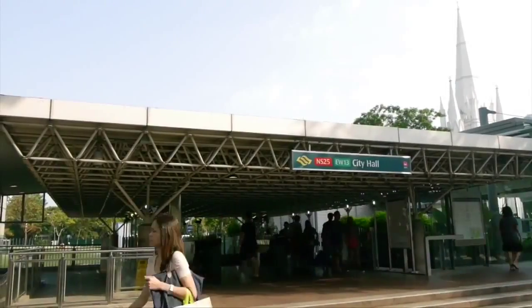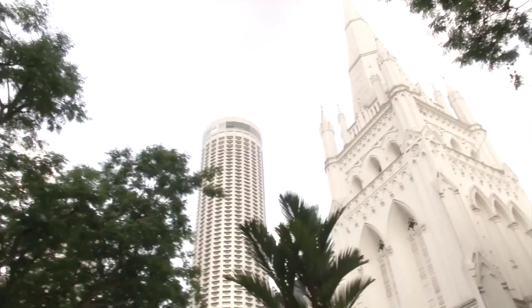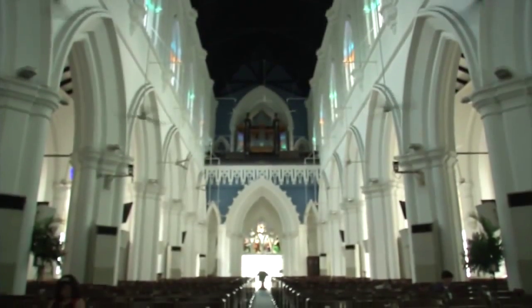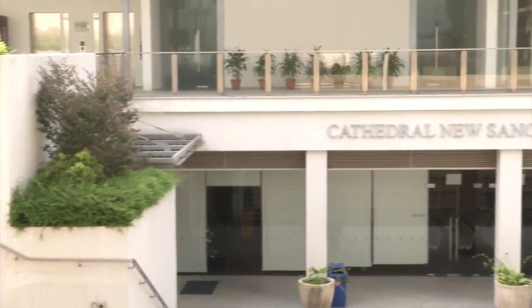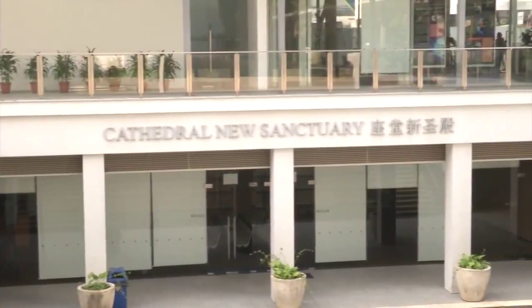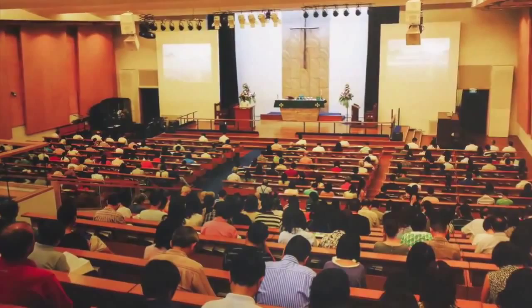At the heart of the city, located primarily next to City Hall MRT station, is Singapore's oldest church, St. Andrews Cathedral. It stands amidst the hustle and bustle of the day-to-day life in the city. Home to hundreds of worshippers, it is a sanctuary away from the fast-paced working life. Situated on the fringes of the cathedral, nestled beneath ground level, is the Cathedral New Sanctuary, completed in November 2005. Built on the North Lawn, the 3,221 square meter building with 2 basement levels houses a new worship hall that